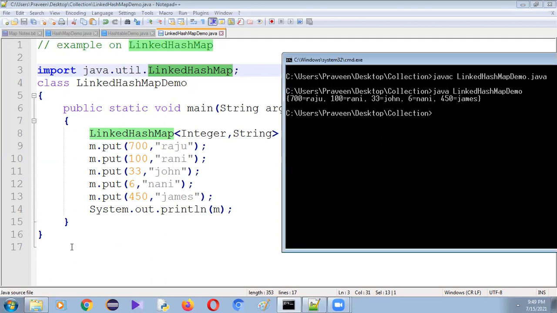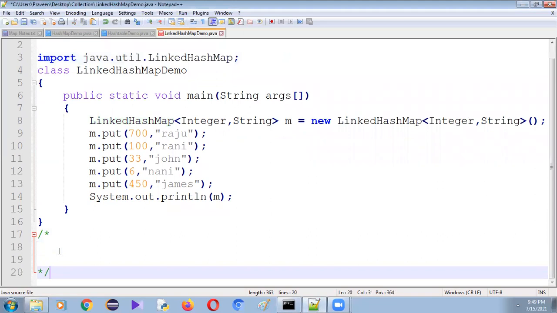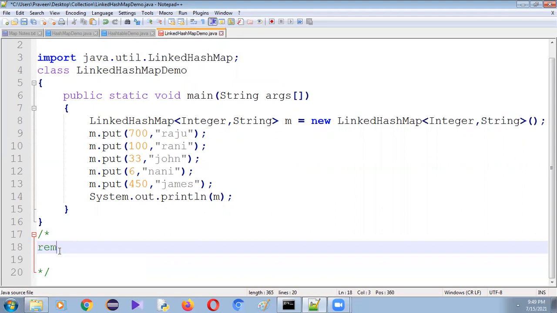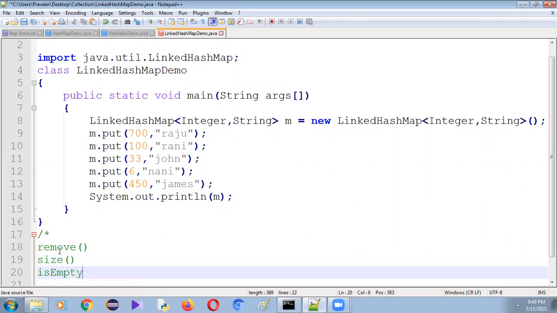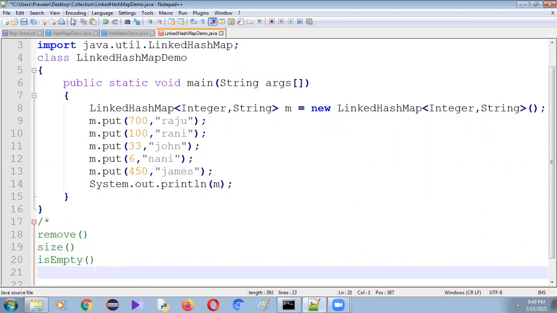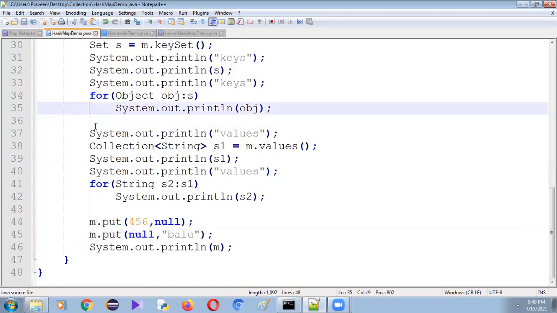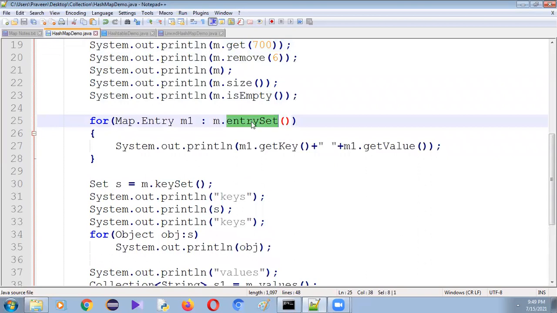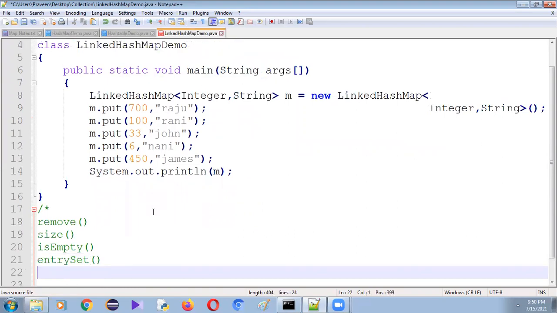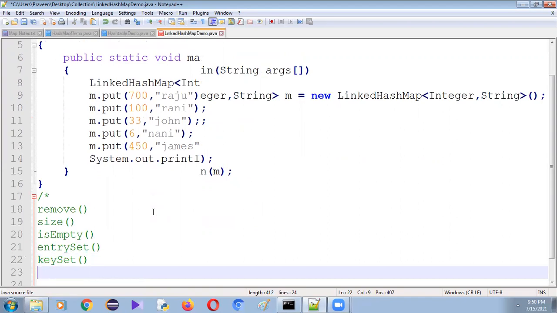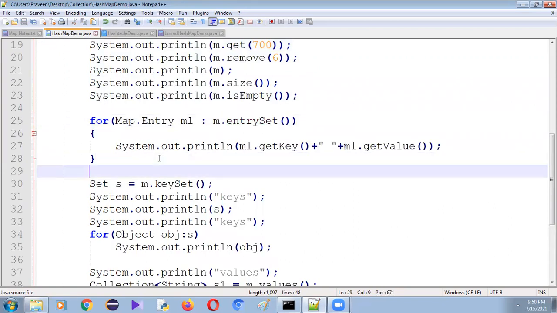So here, let me give some assignment. Try to use a few more methods such as the remove method, size method, isEmpty, and the next one is entrySet, as we have done here, and keySet and values.